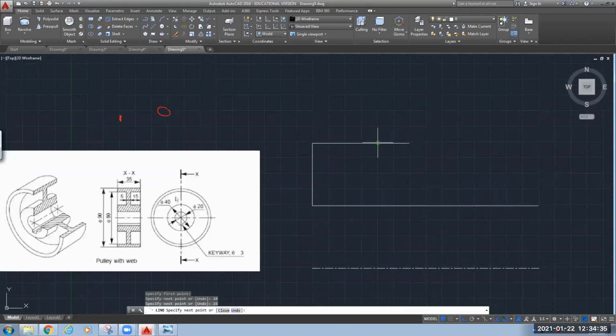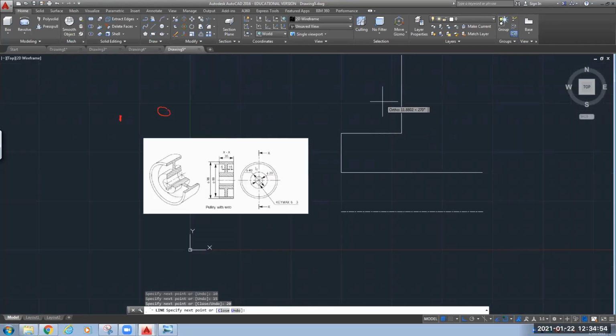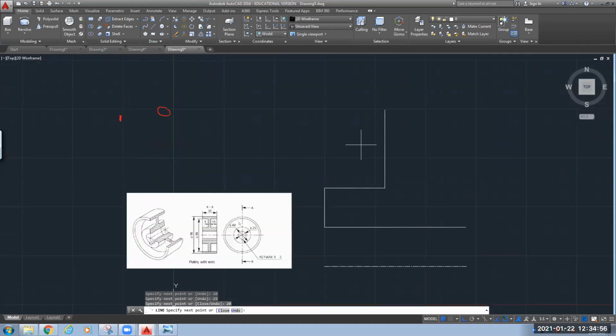Again, the height from the center line is 40. So 40 minus 10 is 30, 30 minus 10 is 20. So it will be 20. And again, you have to move in this direction 15. In the upward direction, you have to move 5.